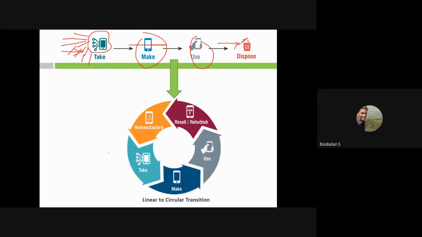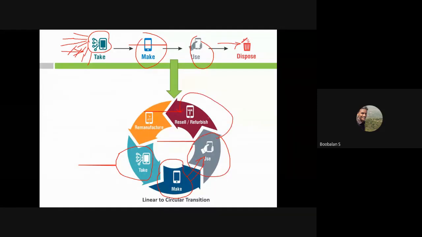So we take resources, and we make a product, and that product we use. So we use the product. And when its life ends, what are we going to do? Again we resell it back into my industry, and we are just going to refurbish it. Again it's entering into a customer area. Again they're going to use it. So once it's crossed, again we are going to send it into my scrap area. In the scrap yard, what will they do? They're just going to